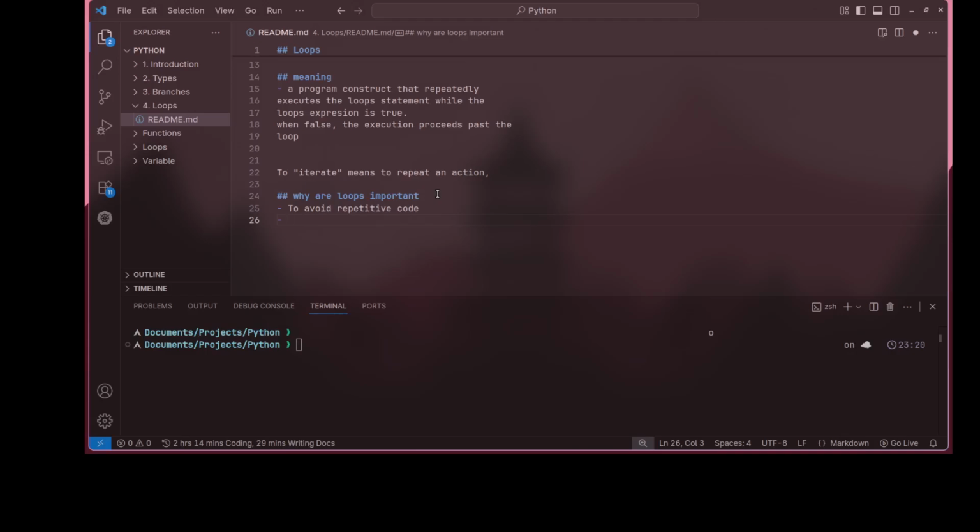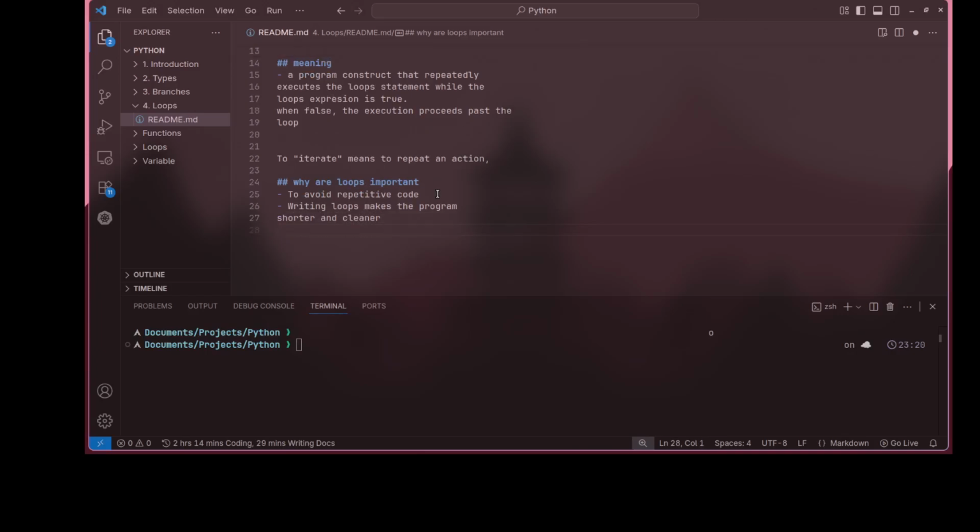Writing loops makes the program shorter and cleaner. Basically, with loops, instead of writing 20 lines of code, you can write 5 lines of code. So that makes it shorter. And then as well,